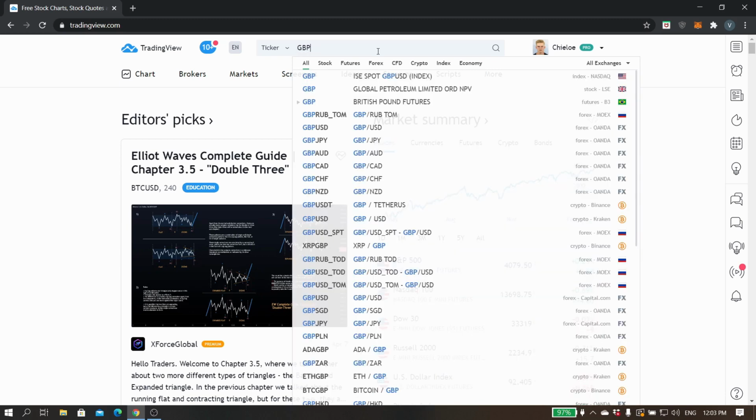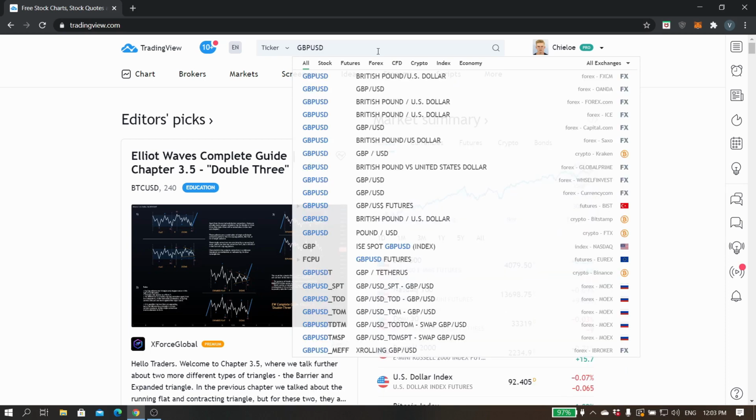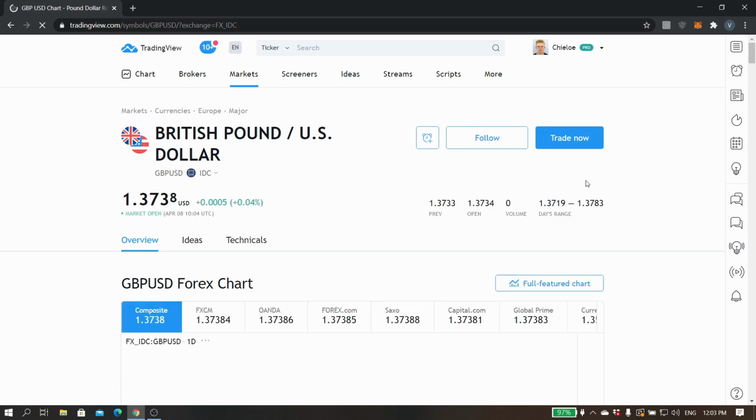Let's do the cable, which is a nickname for the pound against the US dollar. So why I wanted to show this as well is to show you that here you can actually see different exchanges which sell the ticker, or you can trade with the ticker. And if you click on Forex ICE, it is actually an average between all the exchanges which provide the ticker. So let's use ICE, full featured chart,